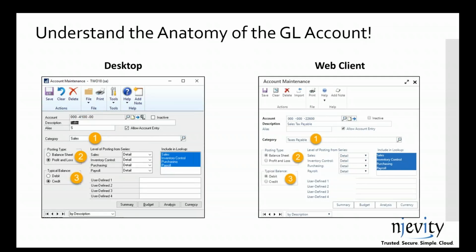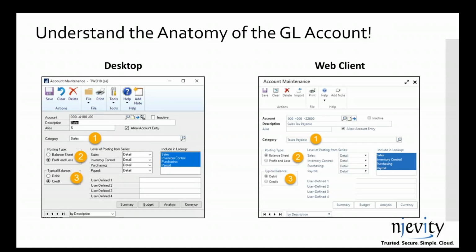Now, a lot of people will think, what's a typical balance, like accumulated depreciation? And they'll say, oh, it's actually a credit balance. And yes, technically it is, but it's an asset, and assets have debit balances. So there's a couple different ways to do it, but the way I'm going to show you today, you're going to want to make sure that the typical balance is set up to match the type of account it is.